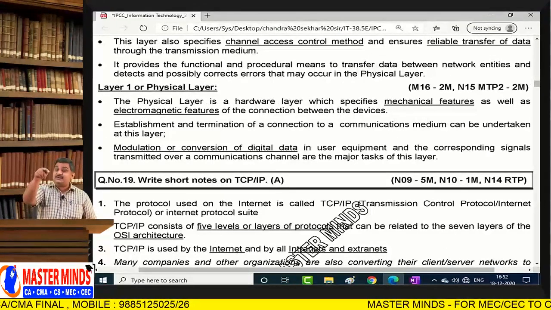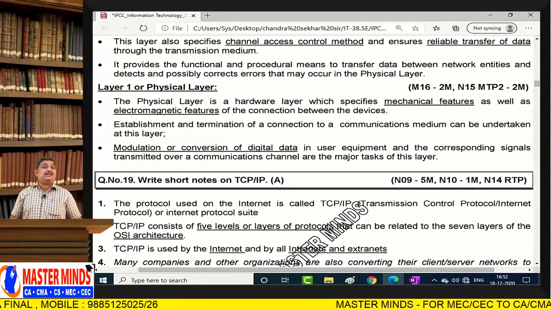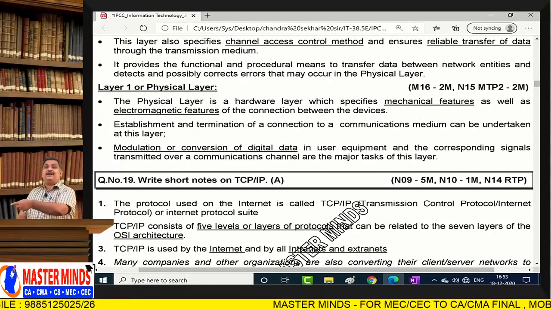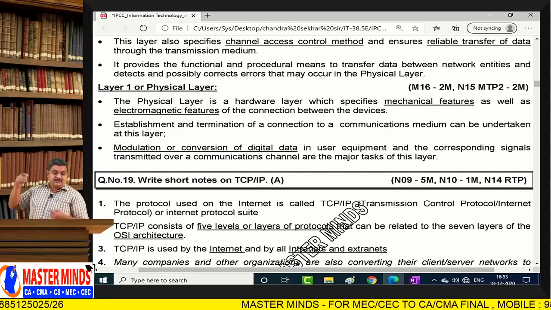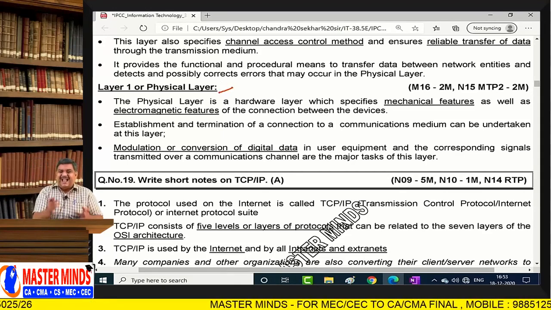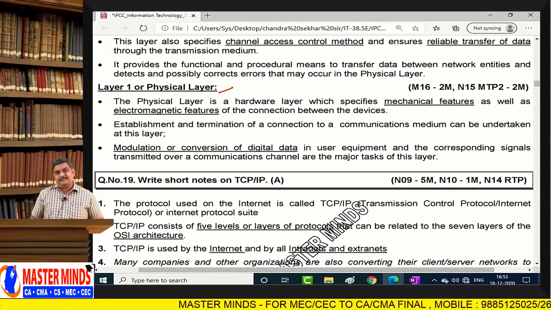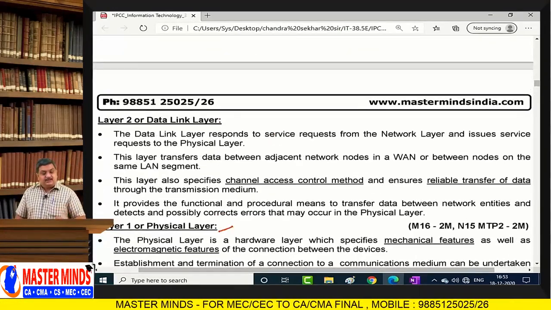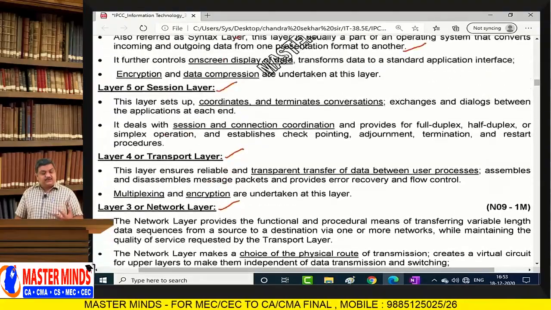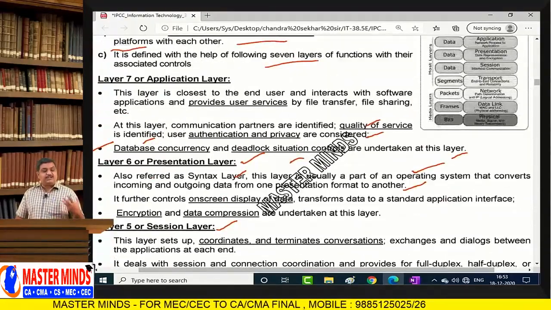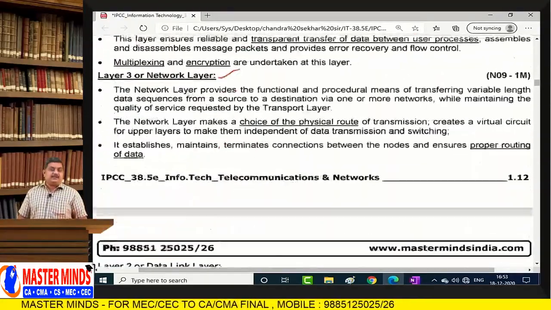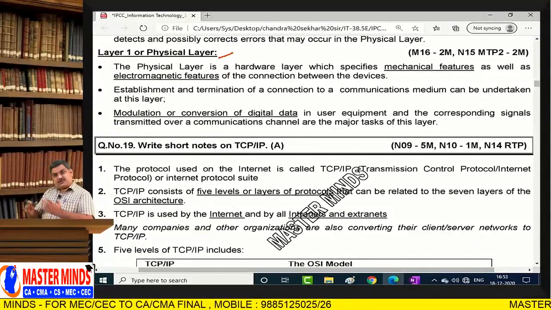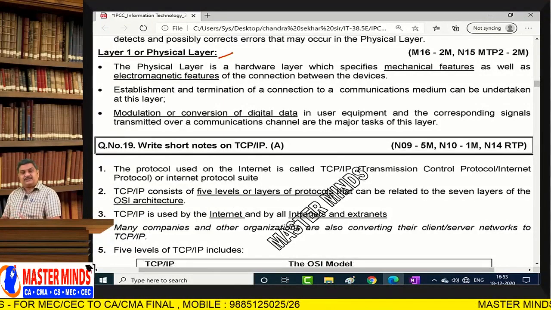There is a network interface card inside your computer, isn't it? That card will actually send the data and receive the data. So this is called the physical layer. This is the actual layer which you can see, and these are all imaginary layers. Which ones? Data link layer, network layer, transport layer, session layer, presentation layer, application layer. These are all imaginary layers. That means actually all the work is done by the network interface card only.